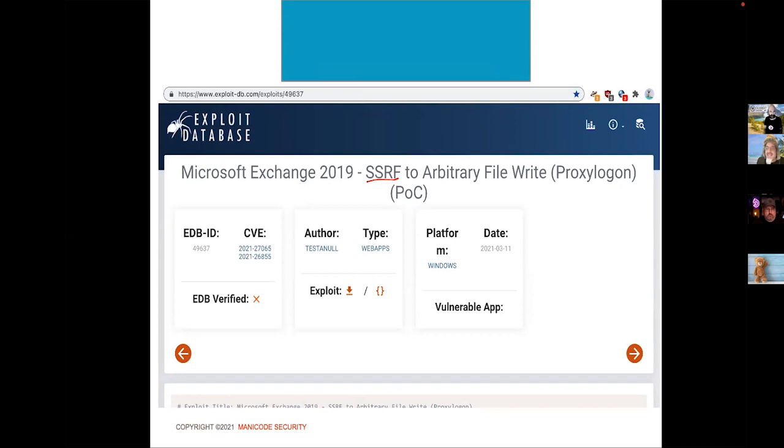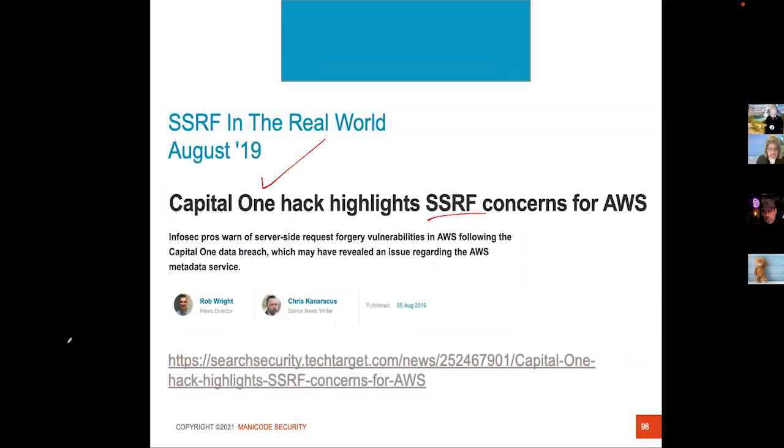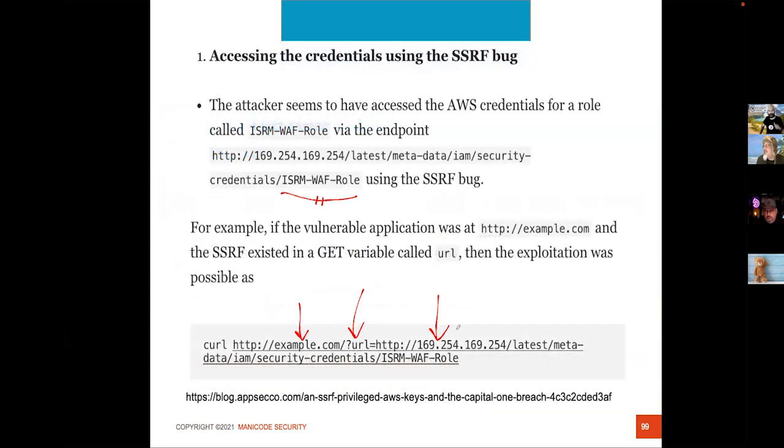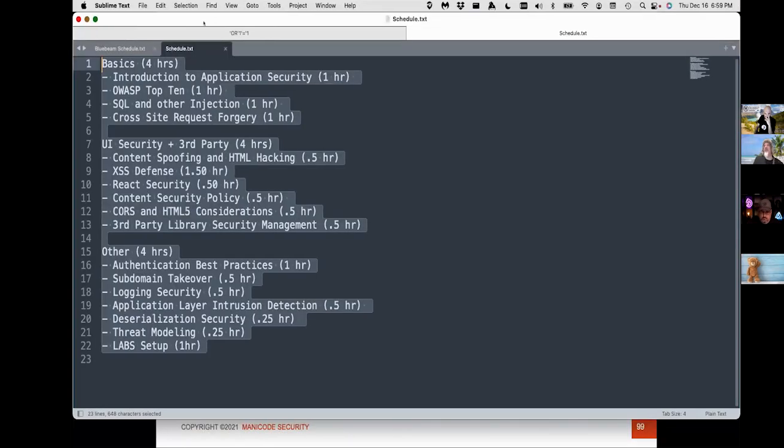There's a new AWS metadata API version 2 that fixes that problem. And I agree, Mark, that was really wise of AWS to do that. But Capital One still had a server-side request forgery vulnerability. What they should have done is validated that little URL there. And it would have been easy to do, Mark. They could have just said, sorry,